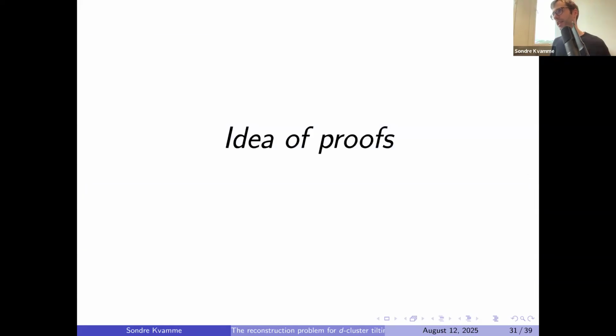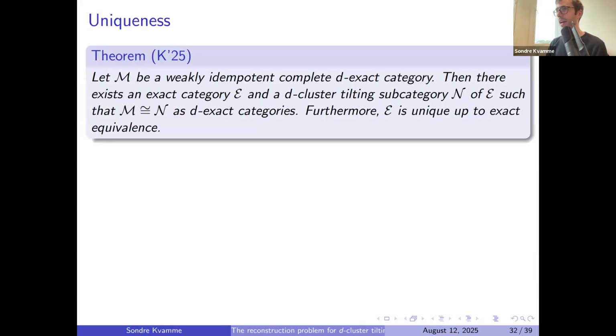So let's go on to the ideas of the proof. Let's start with the uniqueness. Remember, we have this theorem that I presented to you, and it somehow has two parts. It talks about the existence of a D-cluster tilting subcategory in an exact category, and it talks about the uniqueness of the exact category. So I will first say something about the uniqueness and then afterwards go on to the